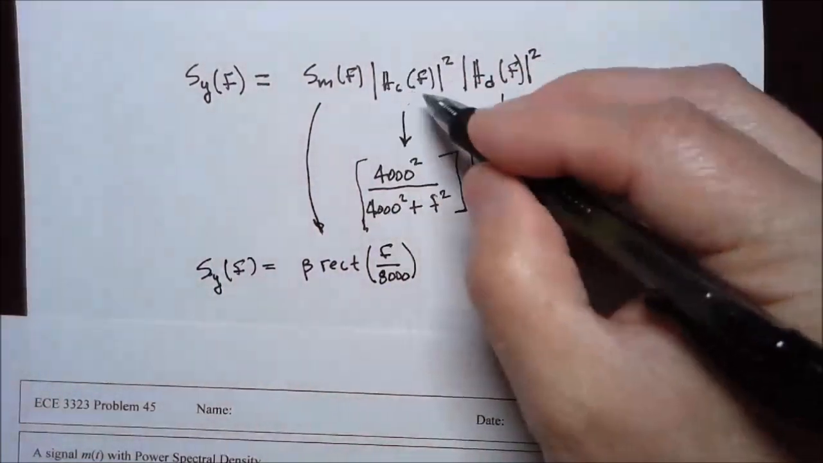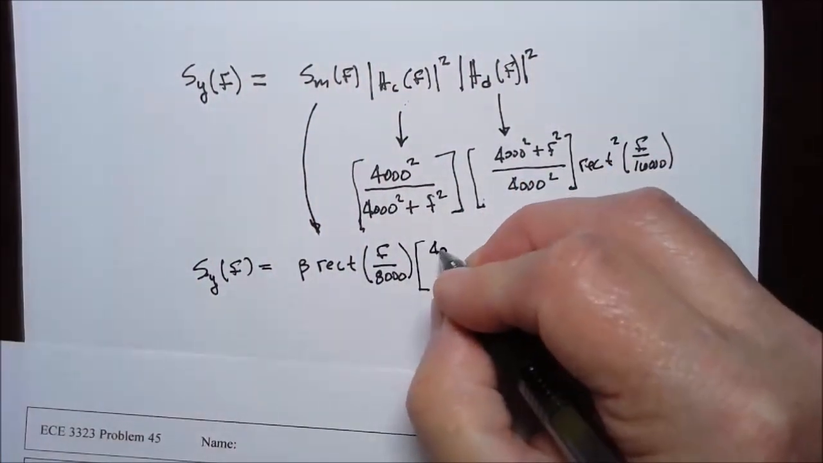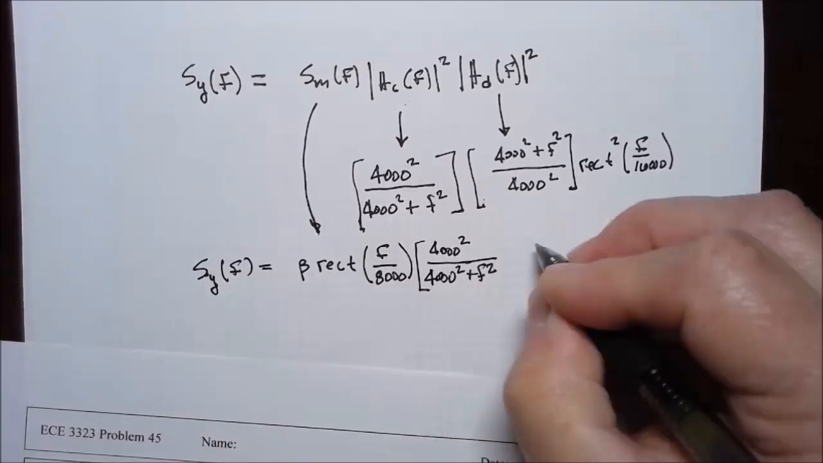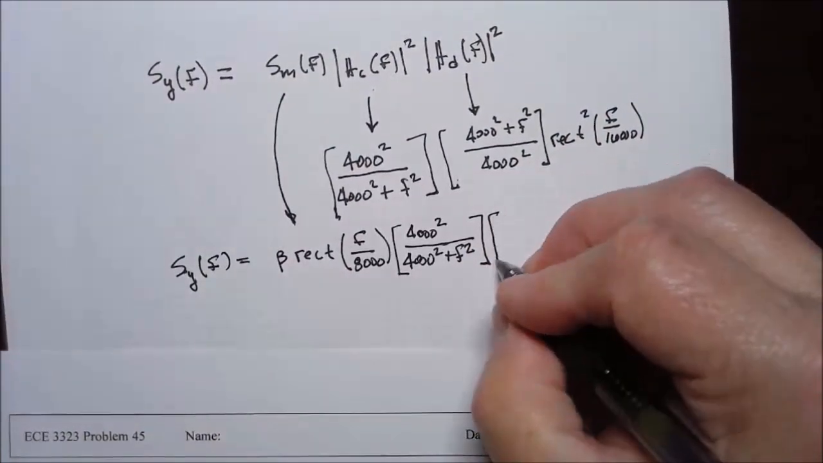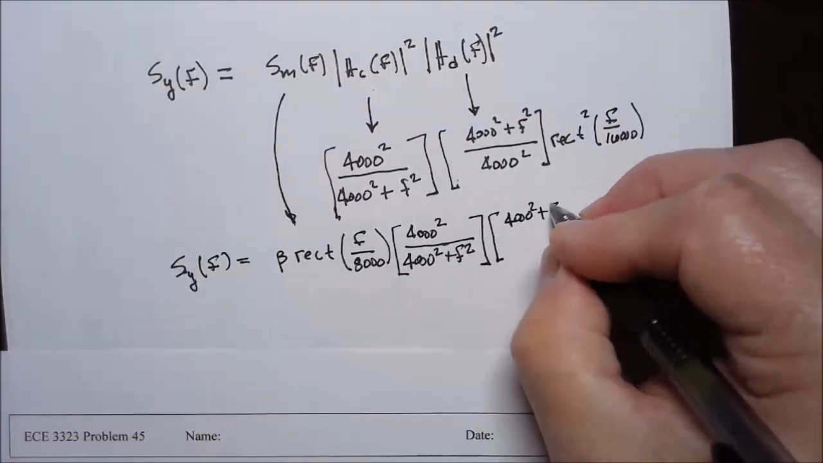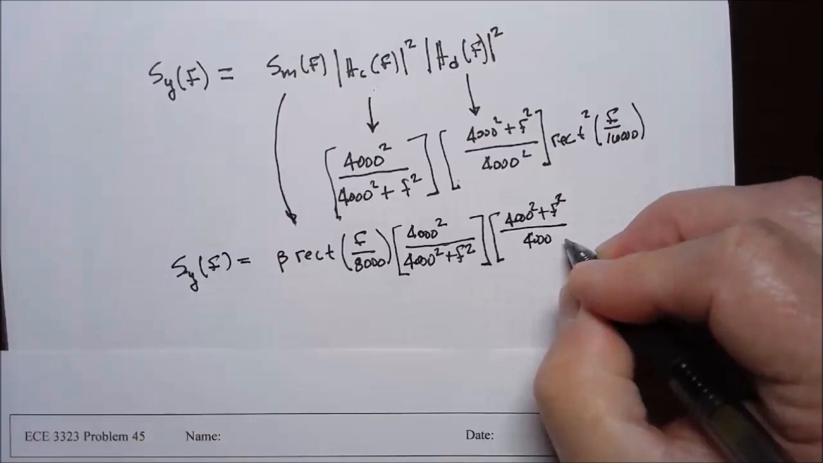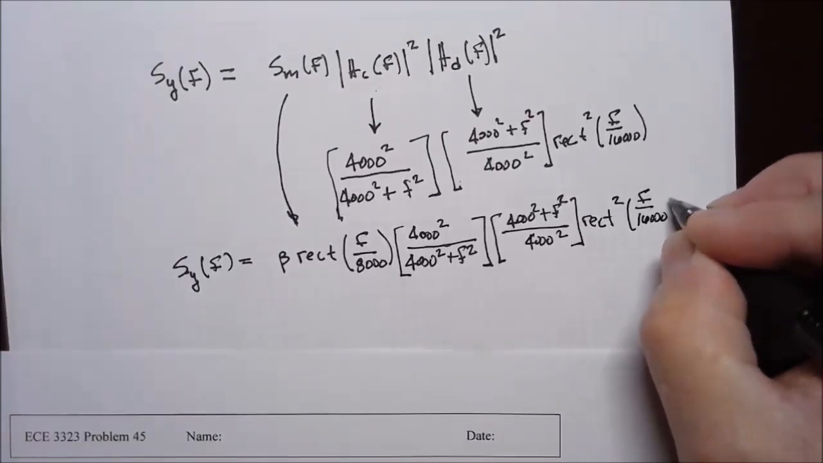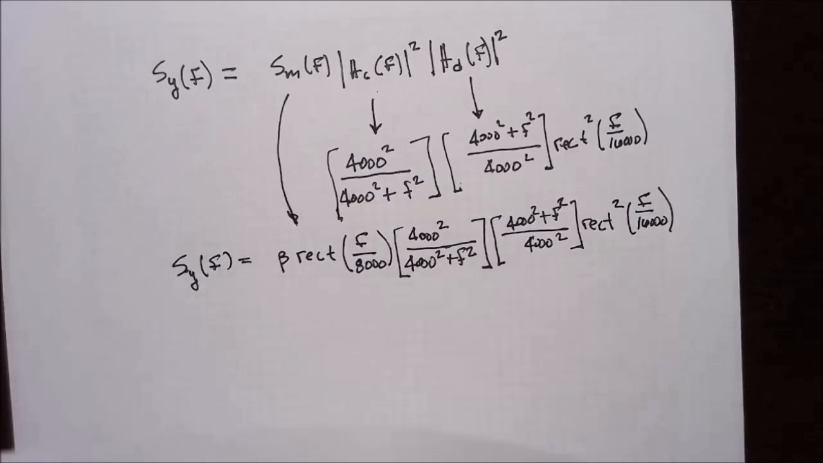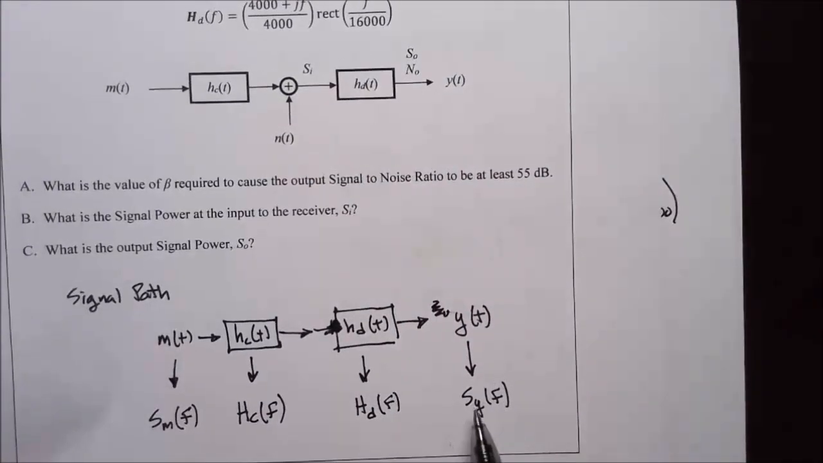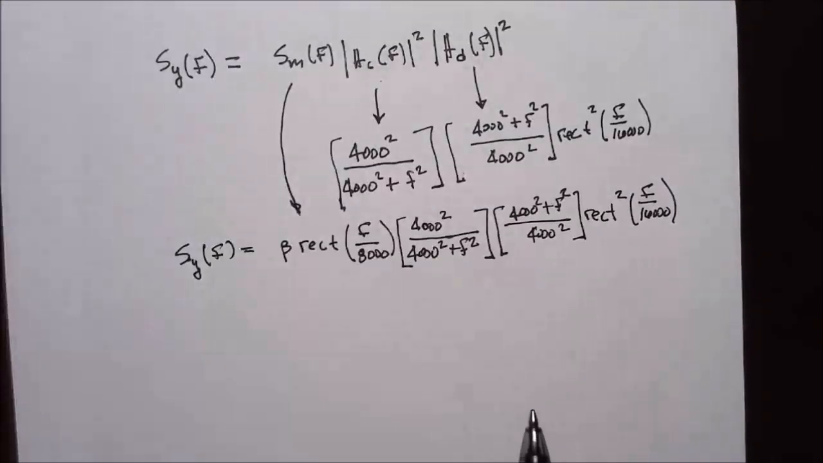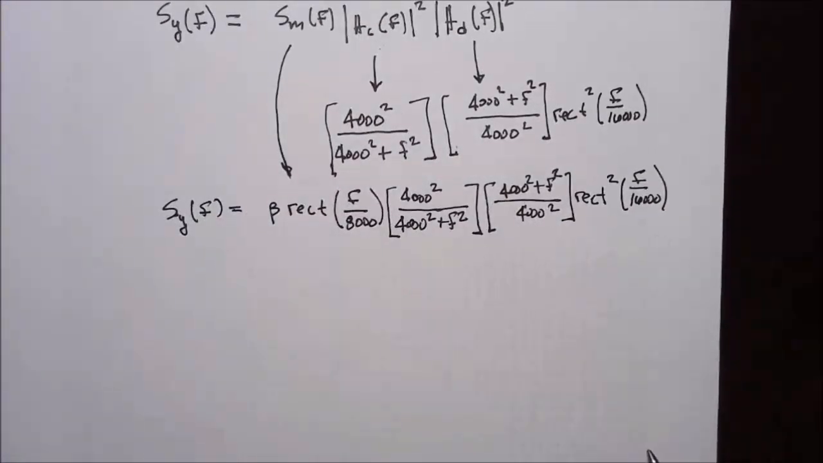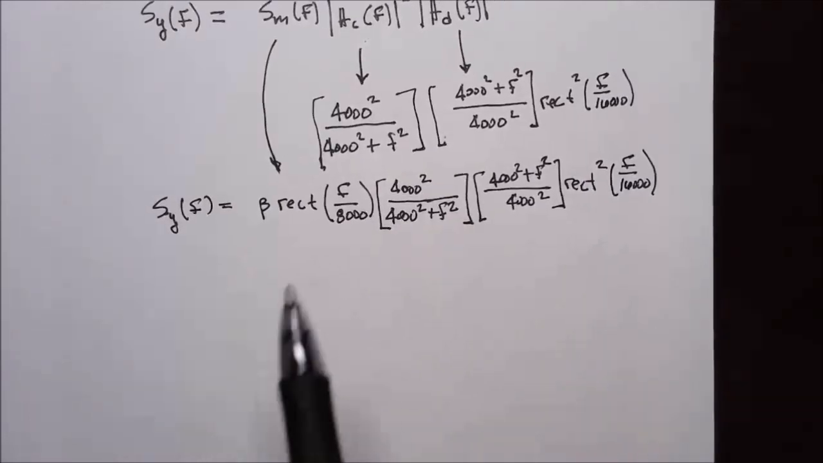that's this, times the magnitude squared of the first transfer function, times the magnitude squared of the second transfer function, and that gives the power spectral density of this output signal, and then you can do the math, the simplifications, and you'll notice that